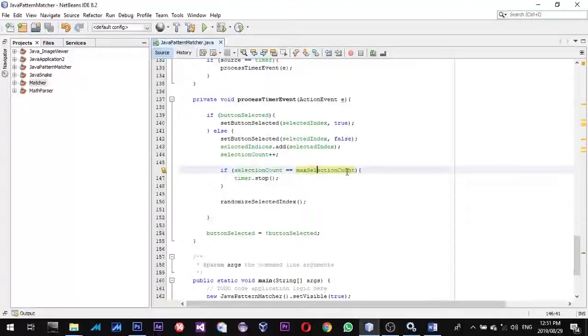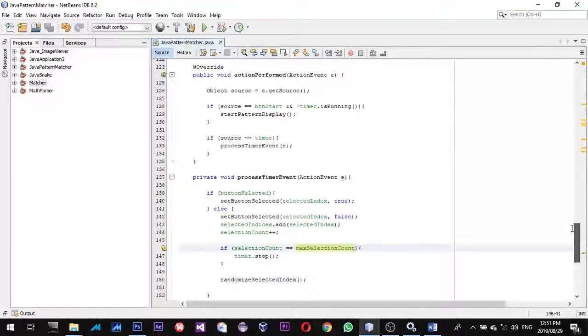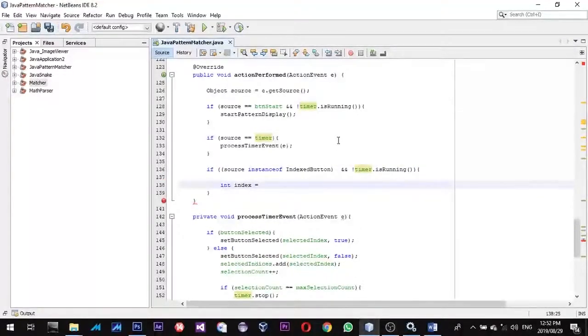Now we need to move on to the code of the user. So I'm gonna say if source is an instance of indexed button, okay, and the timer is not running, then I'm gonna store the index of this button here. I first need to typecast it. Typecast means we convert it to a different type. So I'm just gonna say indexed button, say button, and then indexed button,